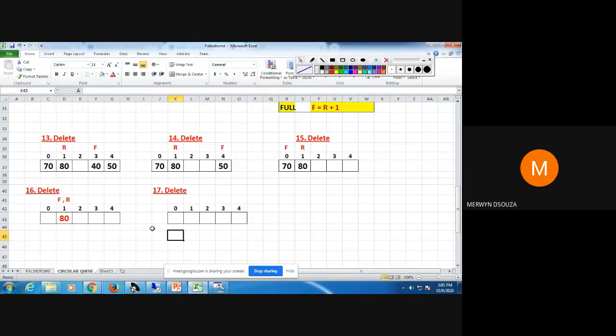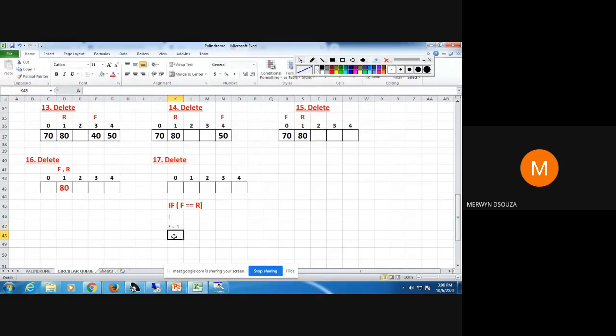So what we are going to do is, we have to program it. So when the Q becomes empty, the value of front and rear should be equal to -1. So we have to do programming like this. So we will say, if value of front and rear is equal, then what we have to do? We have to make value of front equal to -1, and we have to make value of rear also equal to -1. We have to do programming like this.